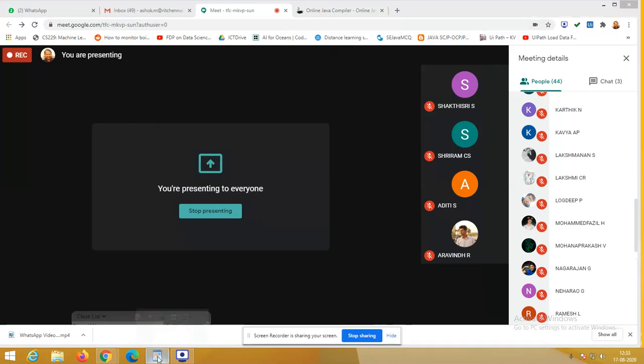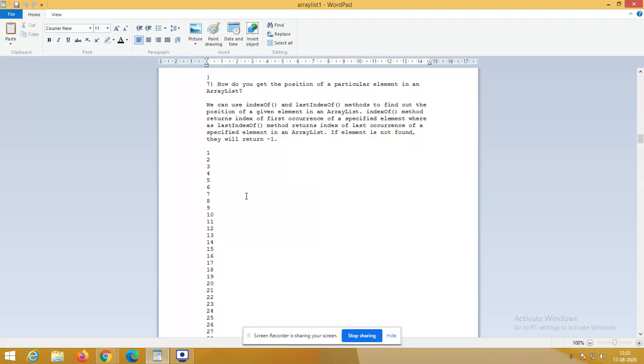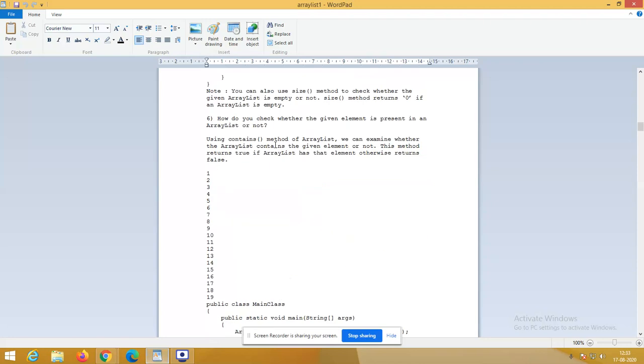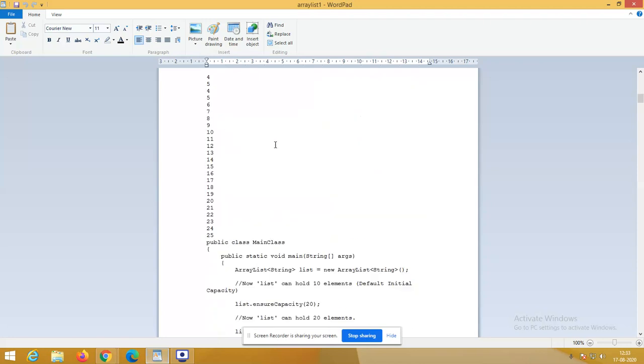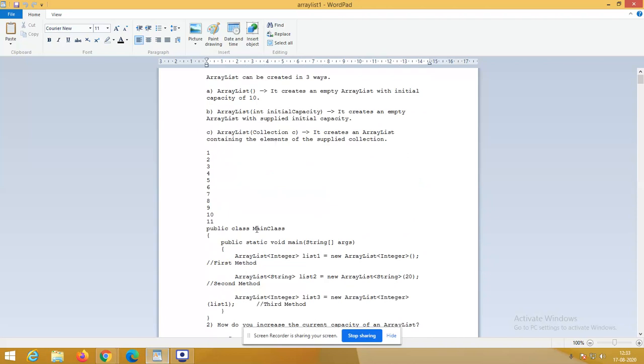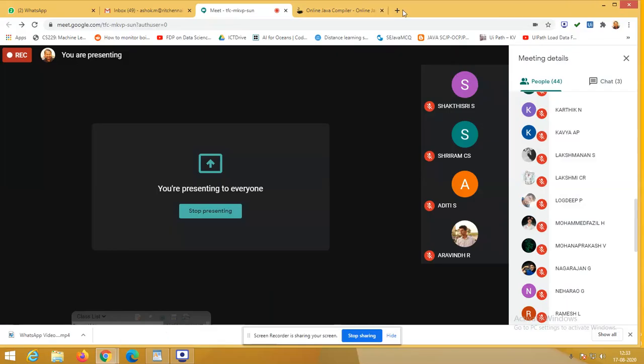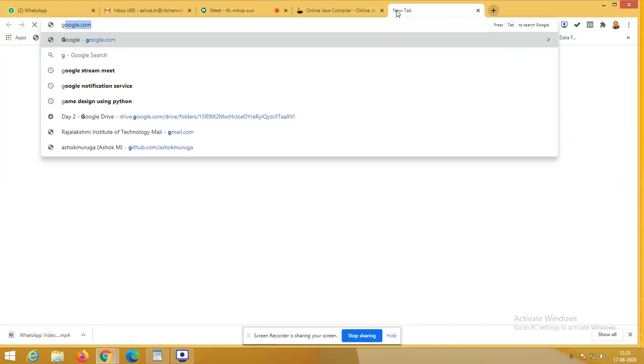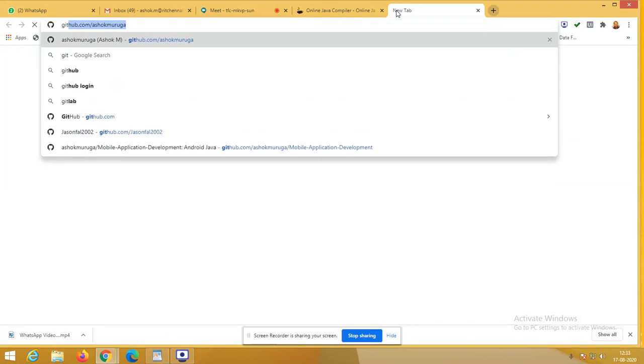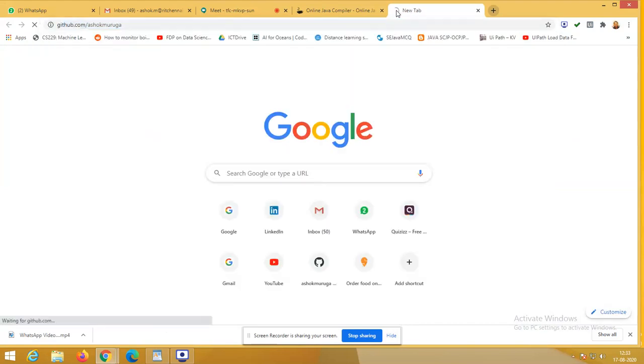In the last class, we have seen around 6 questions on how to work with the array list. Recapping that session, we have seen how to create the array list. Those could be our old programs, right? We could even have a view from our GitHub too, because we have stored them there, so we would get it from there and move forward.